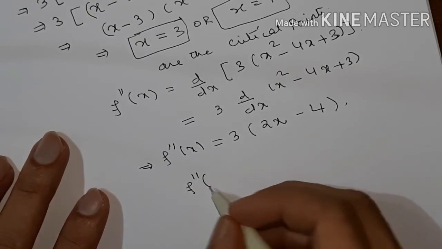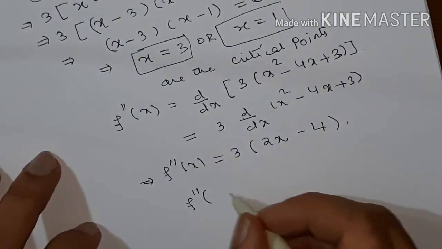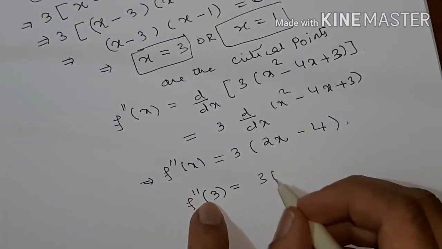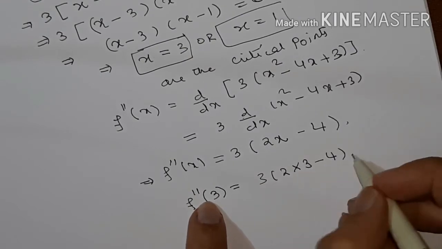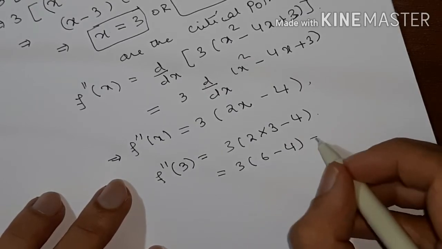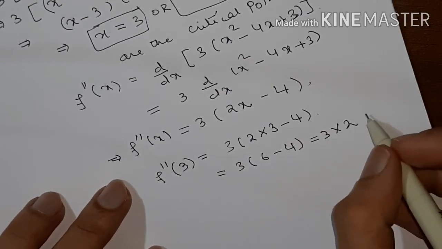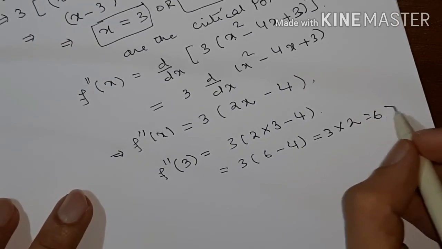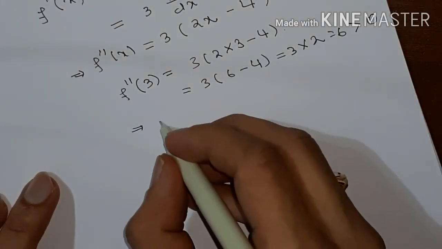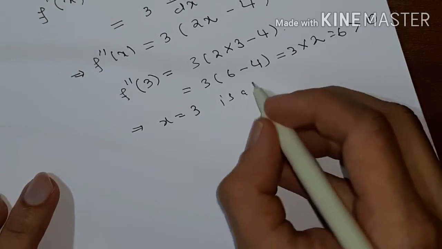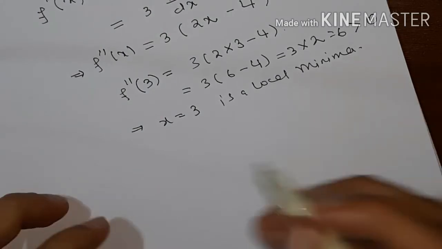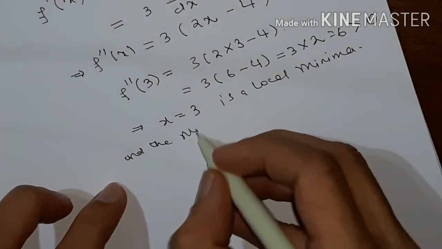So this is what you get as f double prime of x. Now you find f double prime of x at the critical points. First at 3, f double prime of 3 is 3 times 2 times 3 minus 4. That is 3 times 6 minus 4, which is 3 times 2, which is 6, which is greater than 0. So x equal to 3 is a local minima, and the minimum value is what,